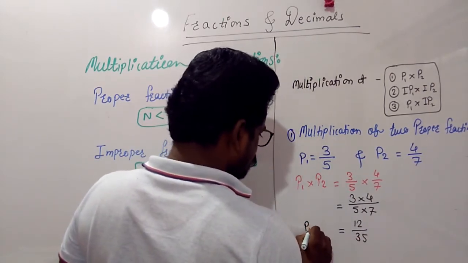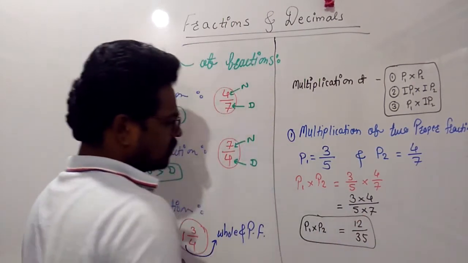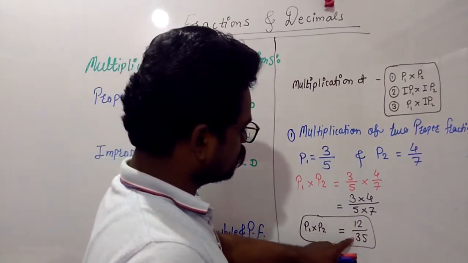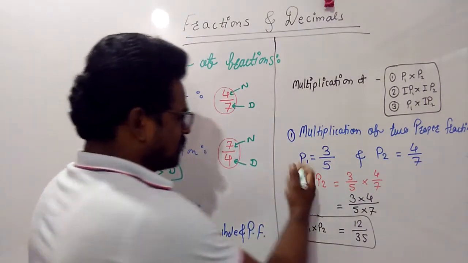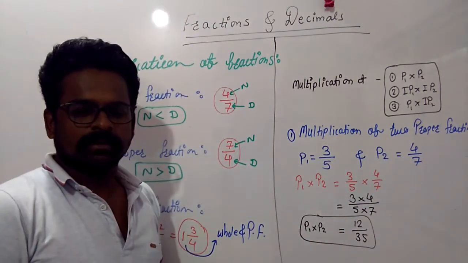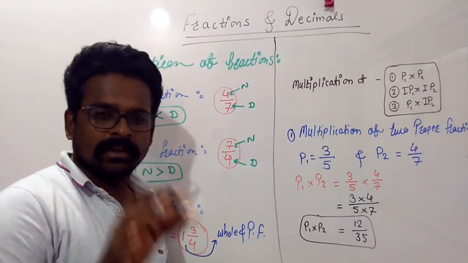Now this is P1 into P2. Okay, fine, no problem. P1 into P2 is equal to 12 upon 35. Now we know how to do multiplication. What we want to know here is,